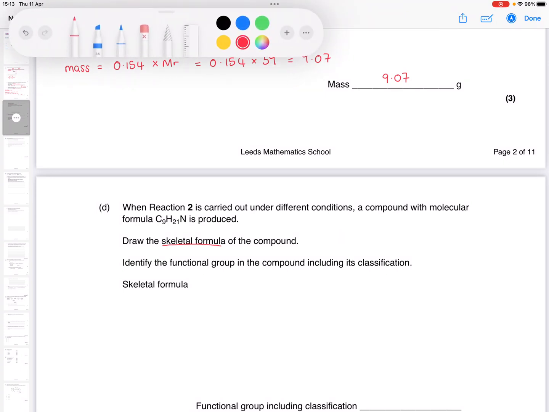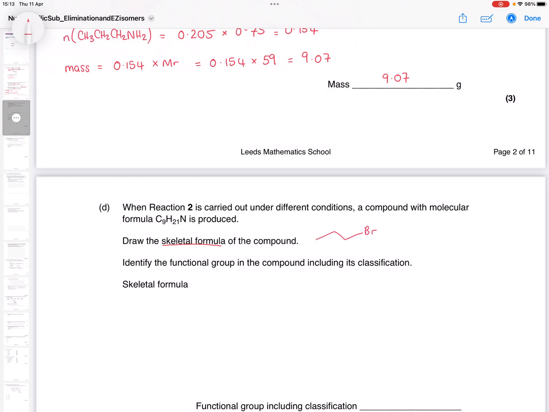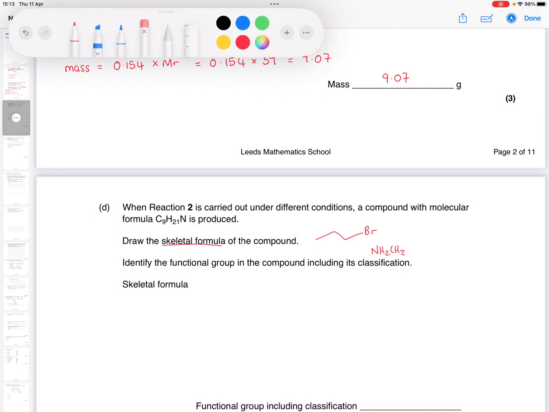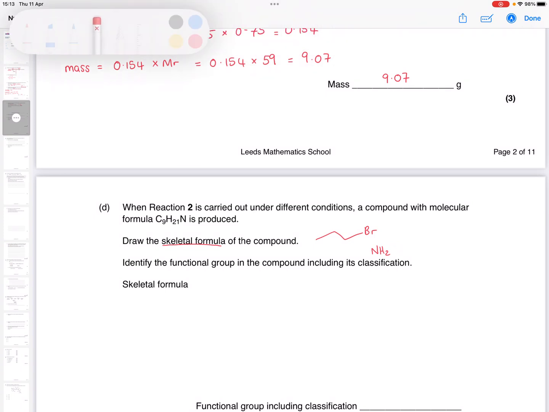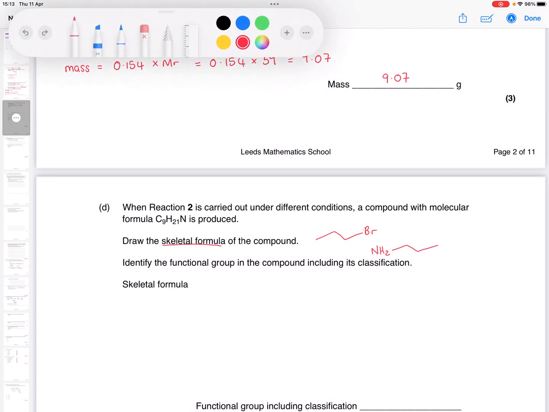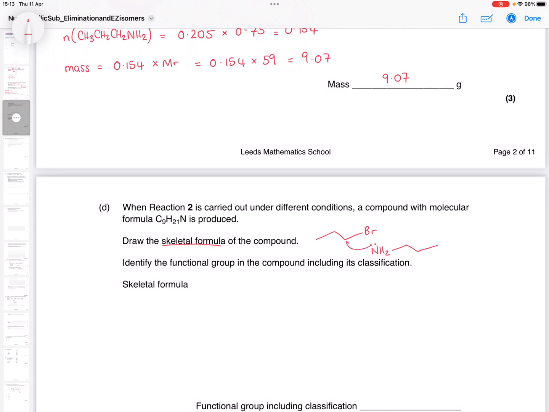So we've got our halogenoalkane, and in the second step, instead of another molecule of ammonia doing a nucleophilic substitution here, what we can actually have is the halogenoalkane reacting with another molecule of the amine product. I'm just going to do this as a skeletal formula as well. Okay. Oh, I did a funny thing. That's better. Okay. So what we can have is this happening, and that would produce